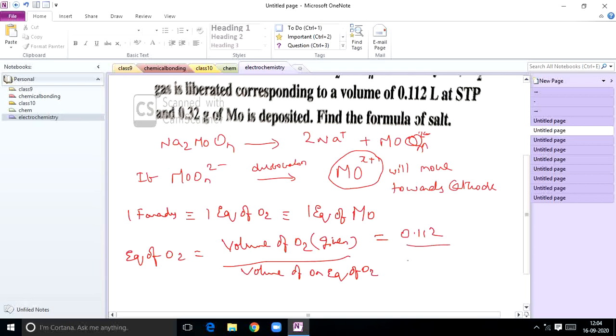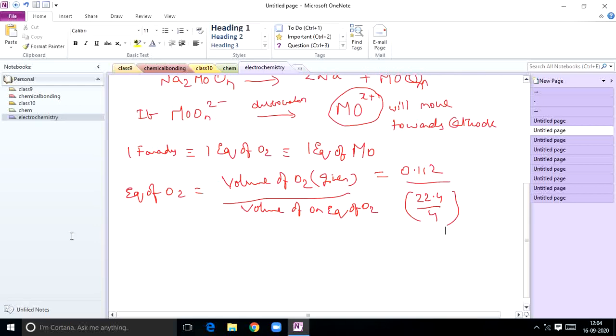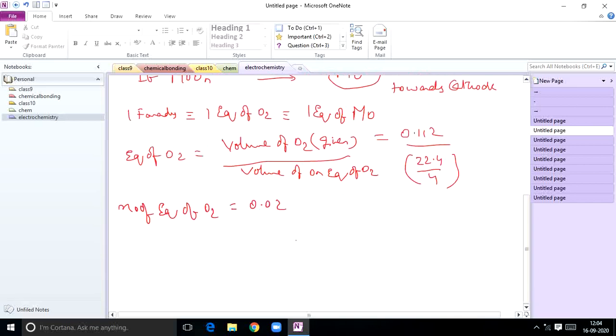Here how many electrons are transferred? 4 electrons. The N factor for oxygen is 4, always remember that. The N factor of oxygen is always 4. So 22.4 at STP divided by 4 you have to take. If you solve this, you will get the number of equivalents of oxygen, which is 0.02. Solve it. So next,